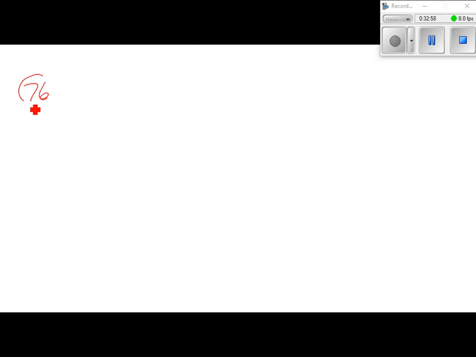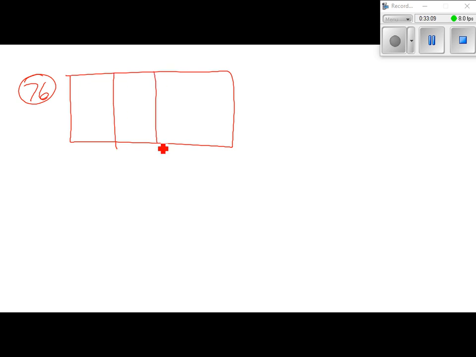Problem 76. They give us all of this, and I'm not going to draw all these pictures. There's 4 of them there. This is number 1, that's number 2, that's number 3, that's number 4. And there's 3 dots in this one, 6 dots in this one, and 10 dots in this one, and we're looking for